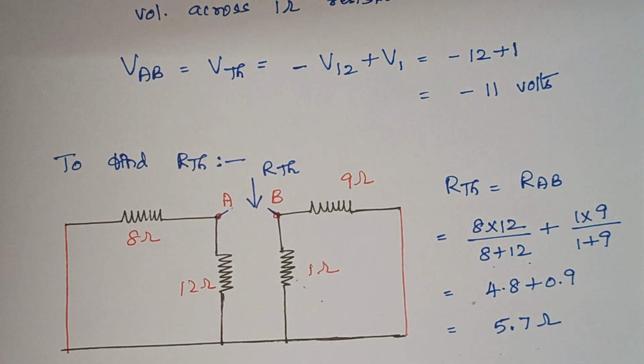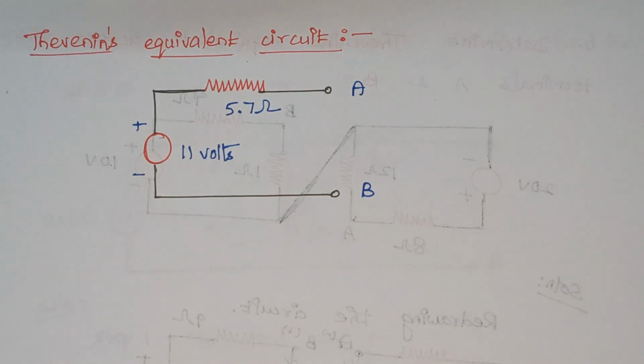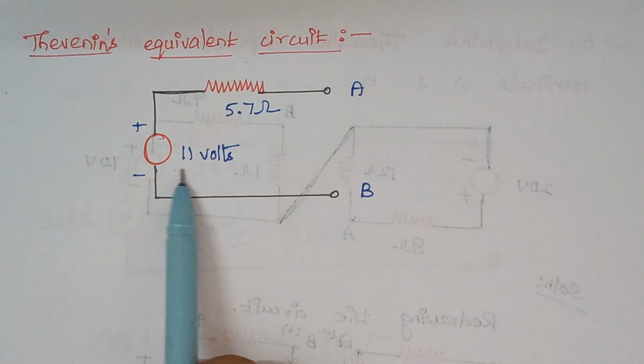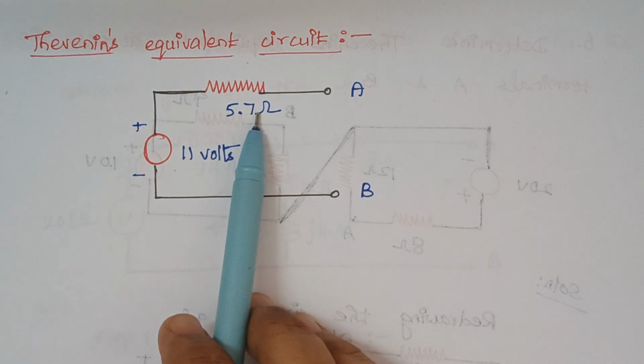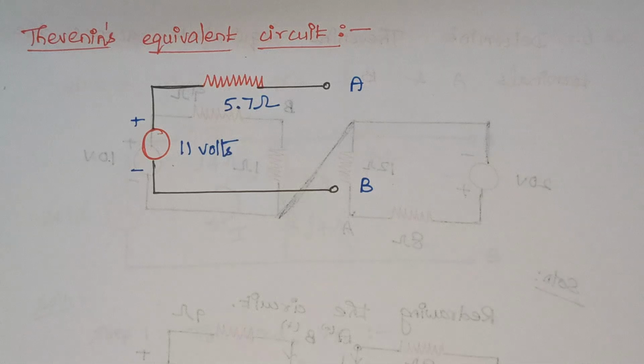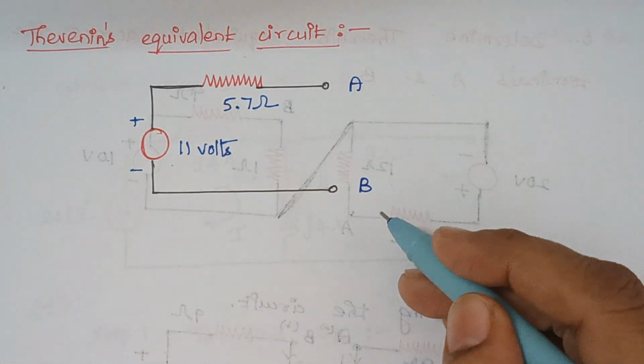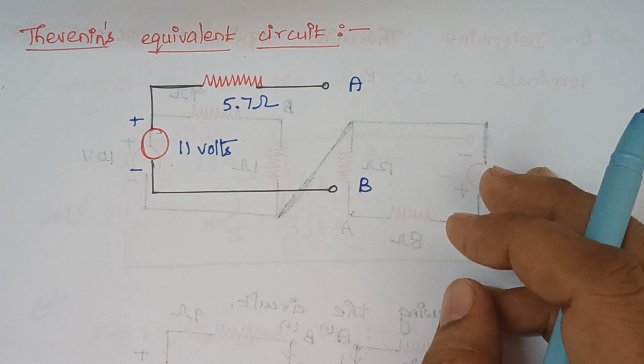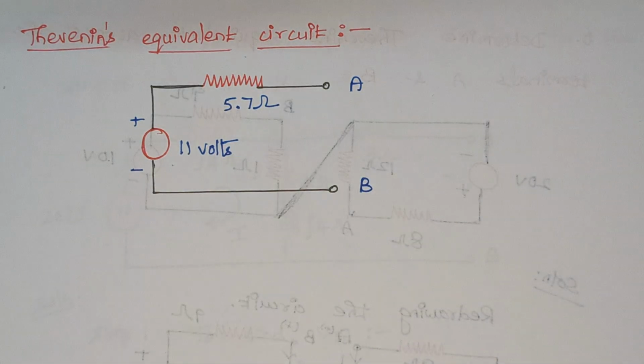Now we are going to draw the Thevenin's equivalent circuit. Our Thevenin's equivalent circuit will have a V Thevenin and Z Thevenin. And across these terminals, AB remains the same because here no load resistance is given. They simply ask us to draw the equivalent circuit. So this is our final equivalent circuit. So here comes the end of this problem, even this